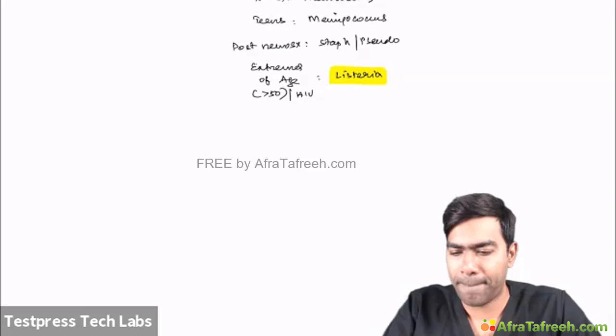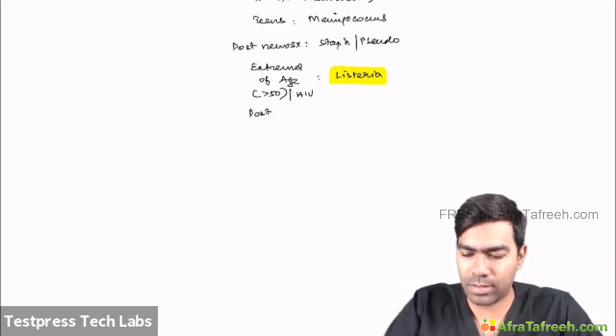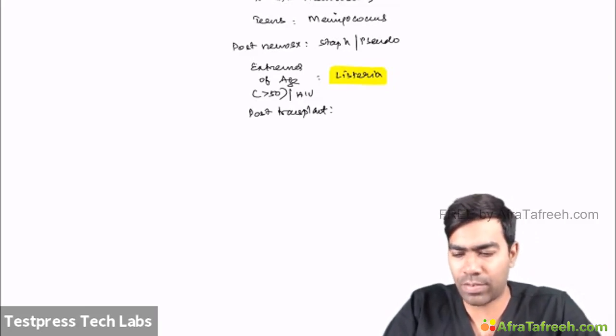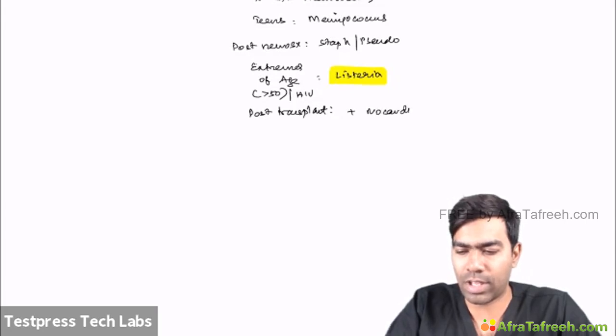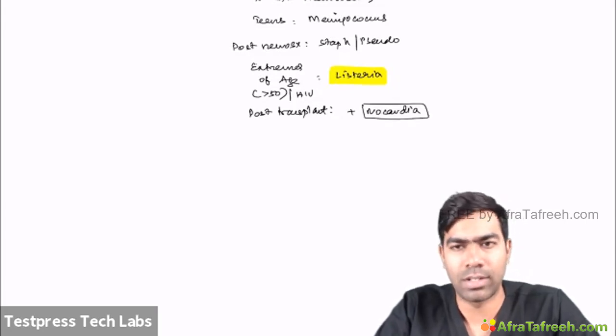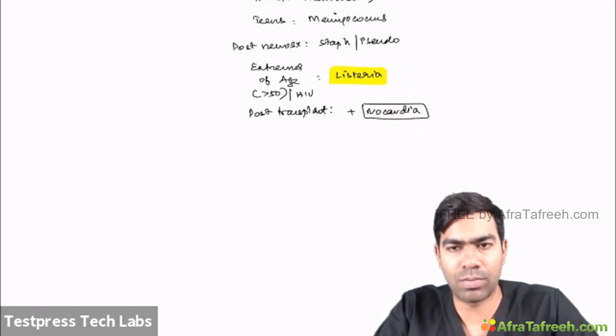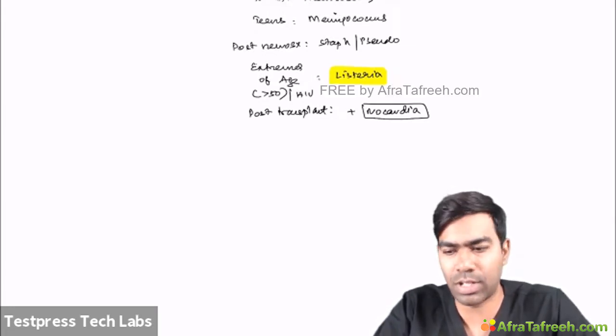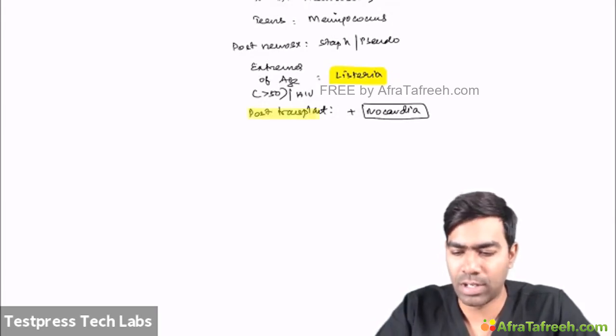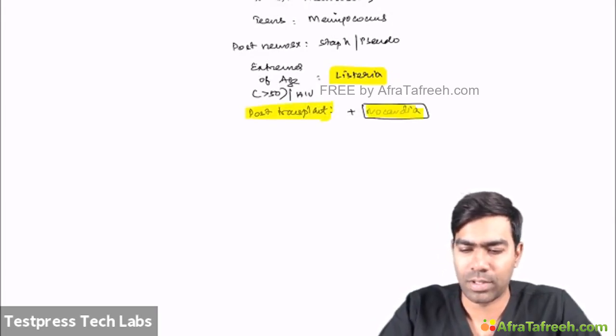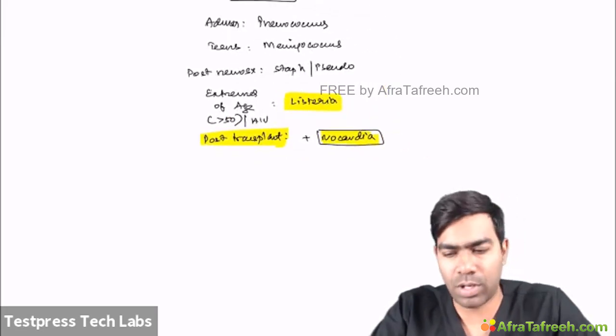And at the same time, post-transplant, in exams, think about Nocardia. I'm not saying it's always Nocardia. You have to think about common organisms also. Along with it, you can think about Nocardia if they are not responding to common antibiotics, because Nocardia is acid fast. We know that. So notoriously, an examiner might give that the CSF may show some acid fast organisms. In that case, don't think about TB if it's a post-transplant. You can think about Nocardia. That's very important as well. So these are the usual reasons for meningitis.